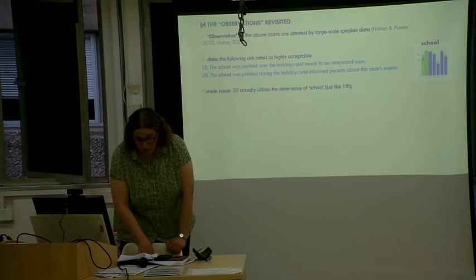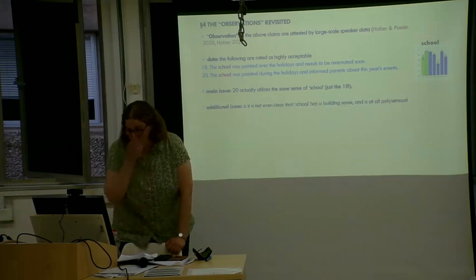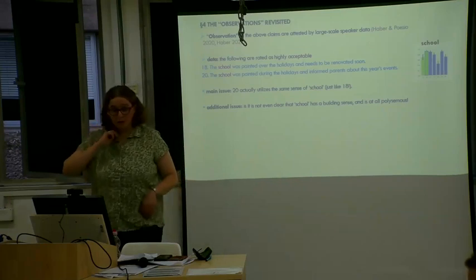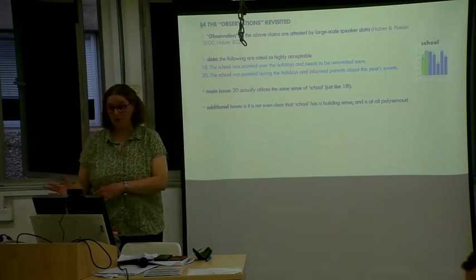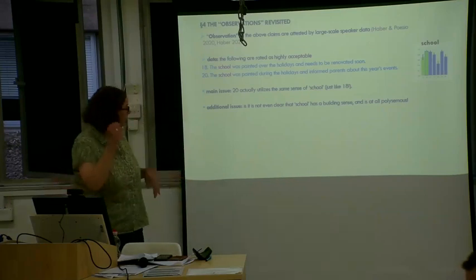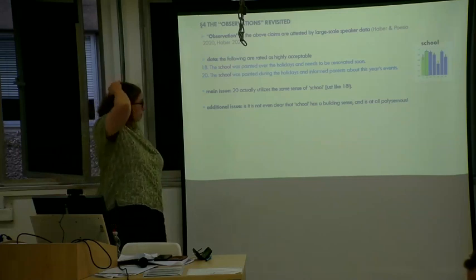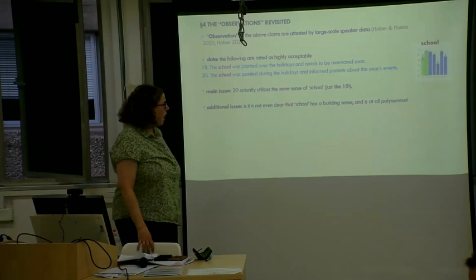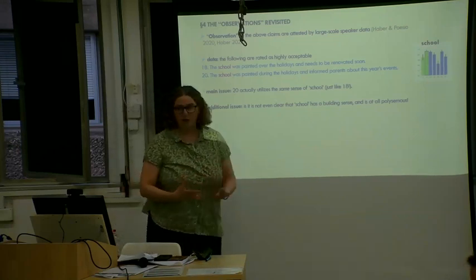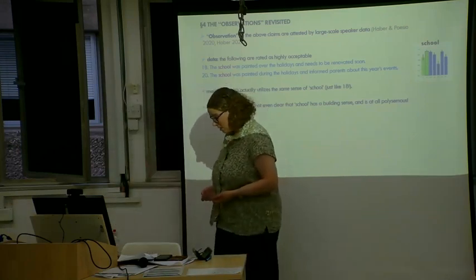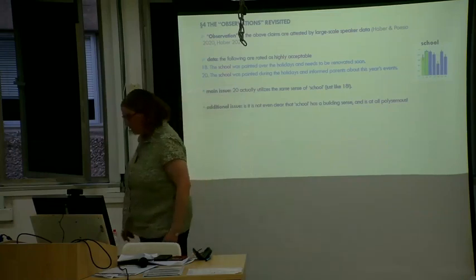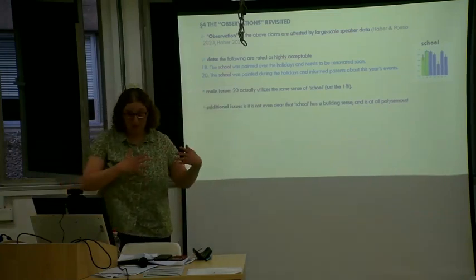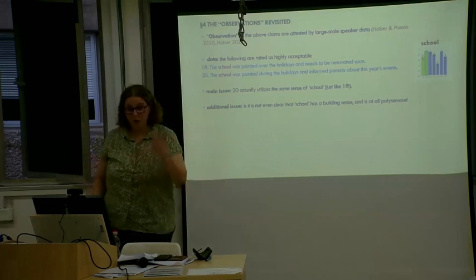Okay, so this is the main problem here. I do want to also point out that there's another problem with this particular example. Not all of the examples suffer from this problem, but a few of them do. Okay, so now we have the property versatility view. Let's ask ourselves, did people ever even think that school was polysemous? The kind of arguments people have is claims like, oh, we have the sentence, the school was vandalized, so school